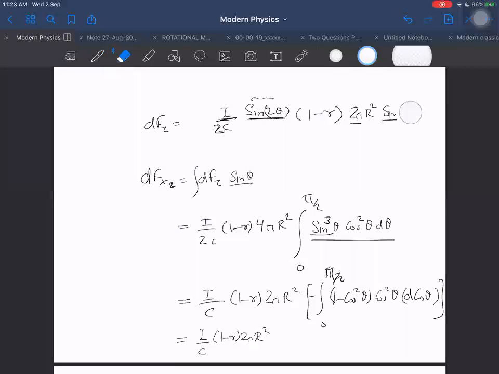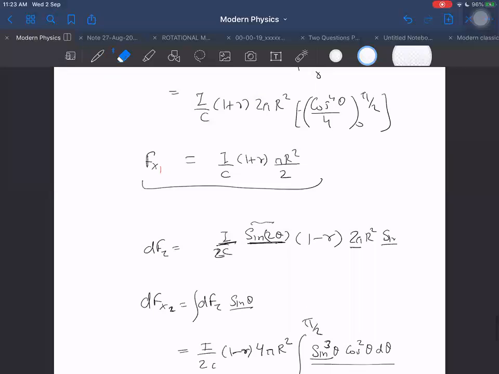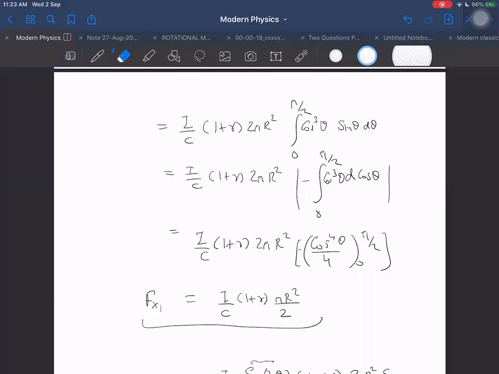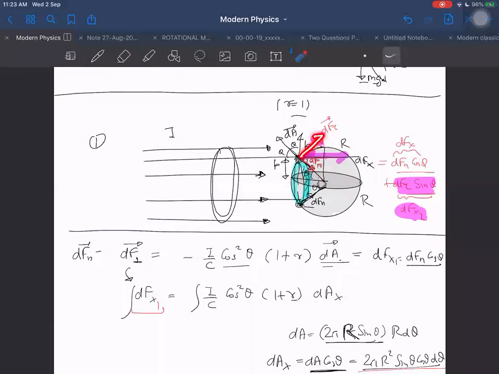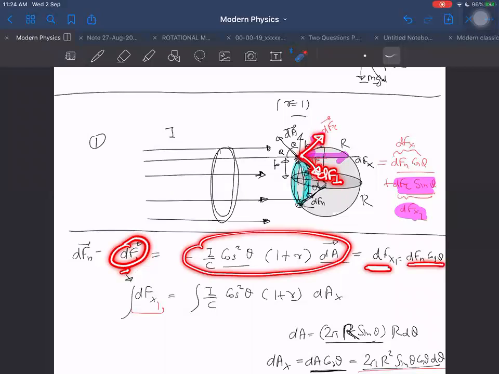This will be dA sin theta here, right? Let me explain again, because I only created this confusion. Some of you may not be feeling comfortable. This is dF tangential and this is dFn. I want to take their components. When I took the component of dFn along x, it was dFn cos theta. In this, dA was the complete dA, but when I took its component along x, it became dA cos theta.